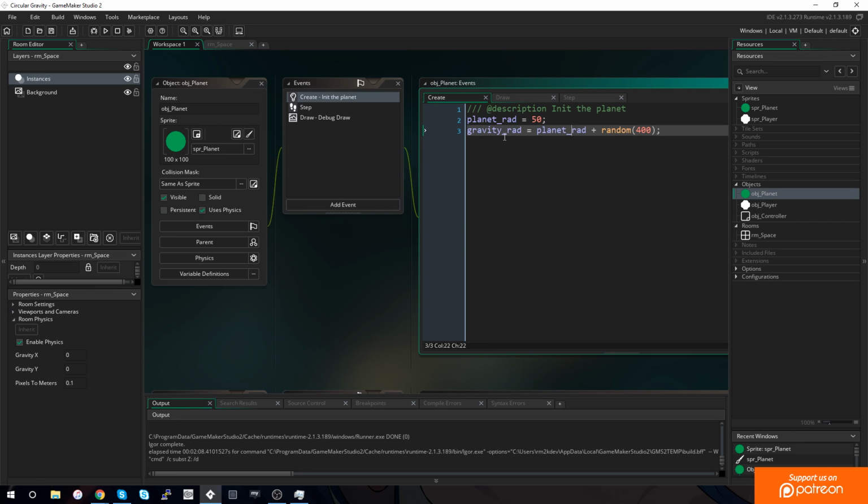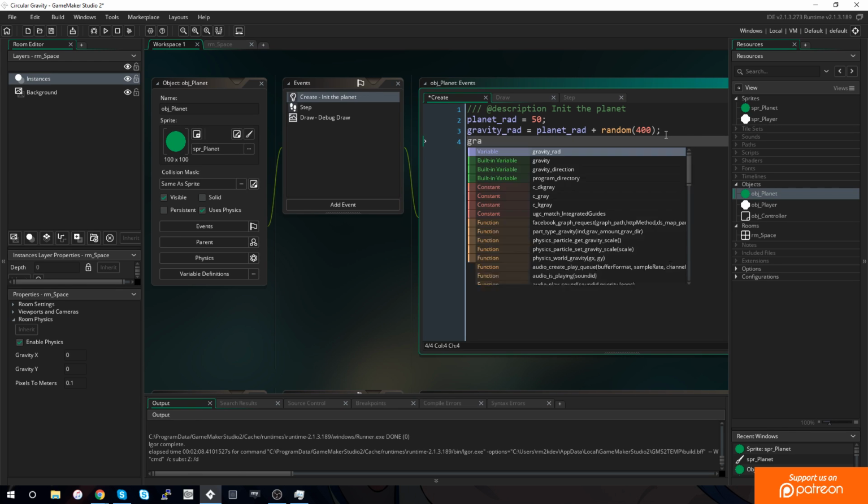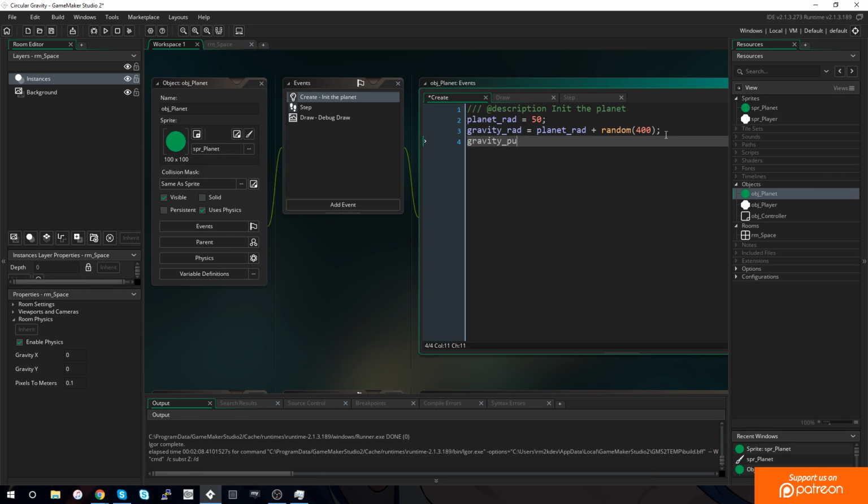So, the gravity radius here right now is a number that is 50 plus 400, so it's quite high. We could change this as well to say gravity underscore pull. Now remember that we're using numbers up to, I think it was 100. So if we divided this down, we could just say gravity radius and then divide this down by,